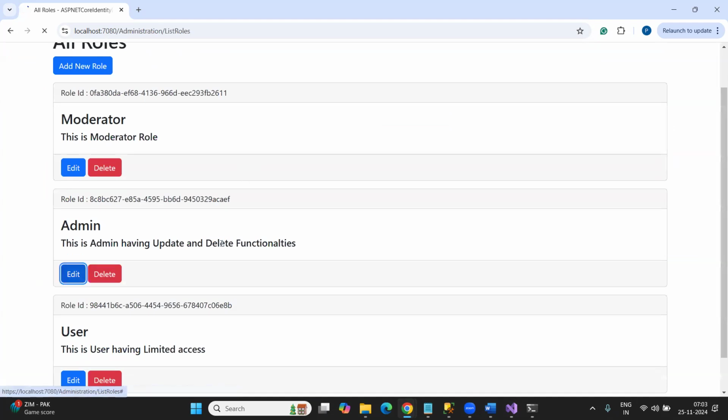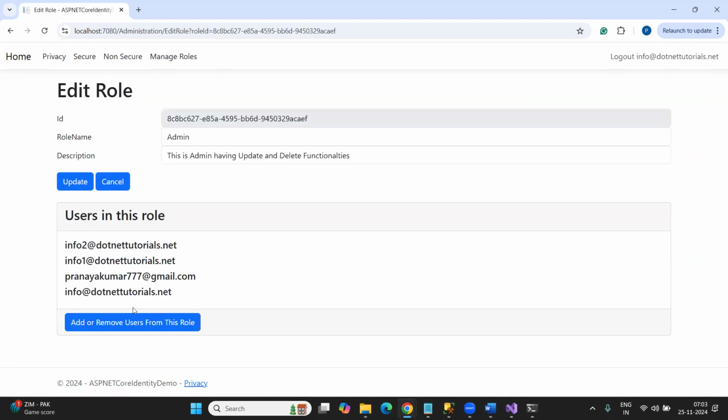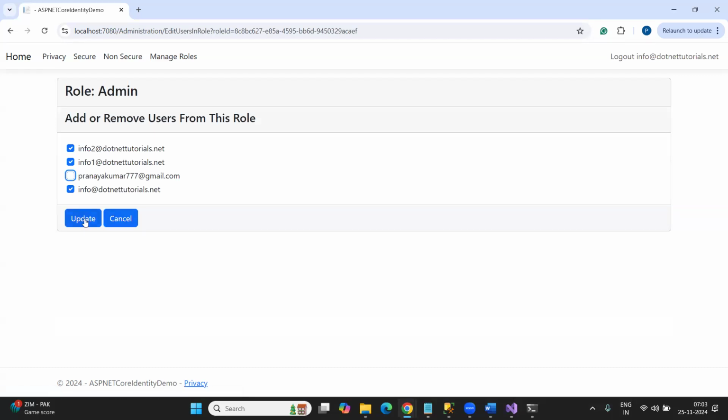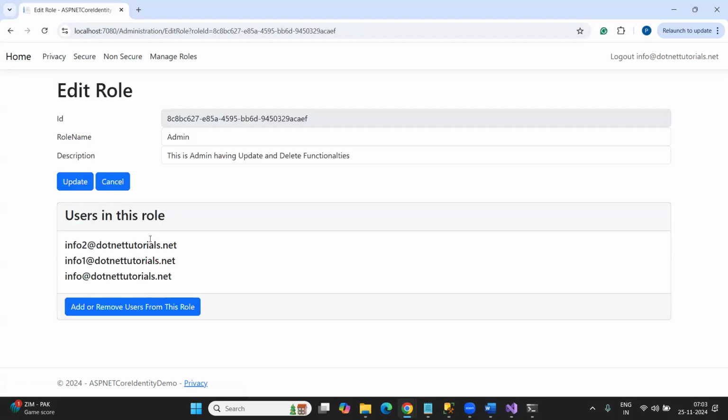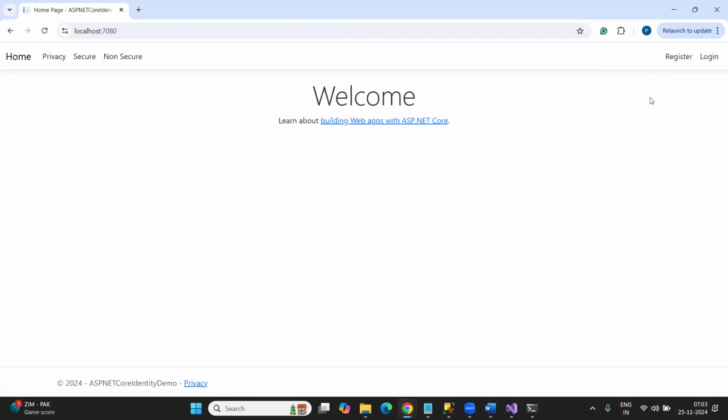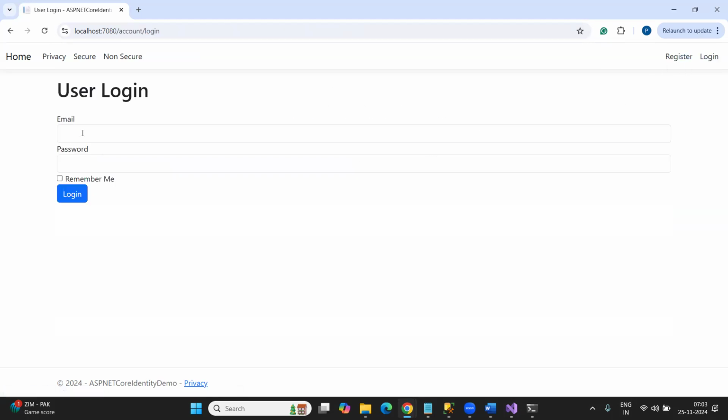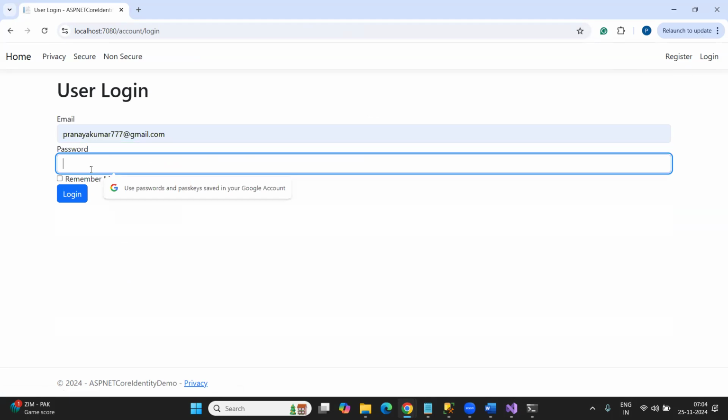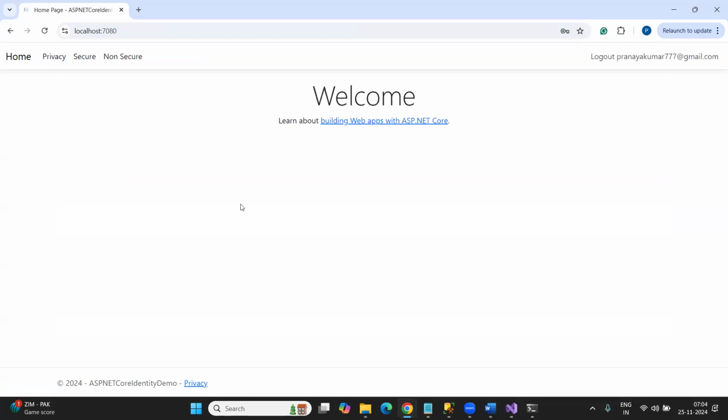Now, what I'm going to do, currently these are the admin users. Let me remove this one from this list. Pranay Kumar 777, I have removed from admin user. Now I'm going to log in with Pranay Kumar 777. The password for this one is test, capital TEST at the rate 1234, and login. Once I logged in, you can see that